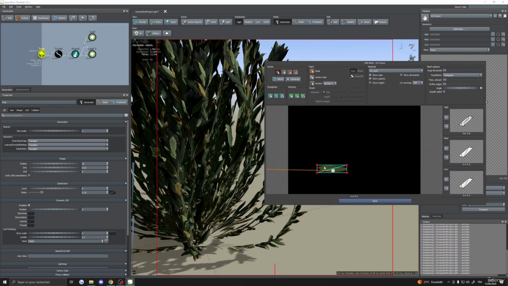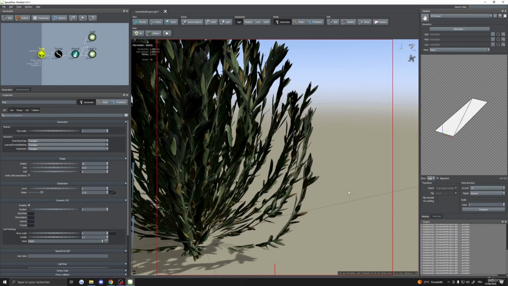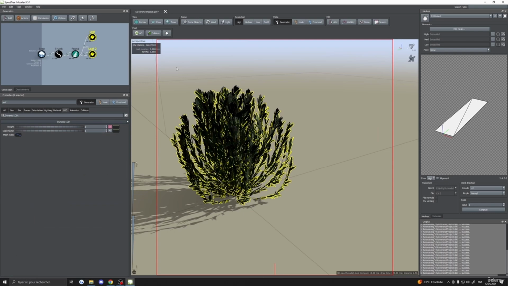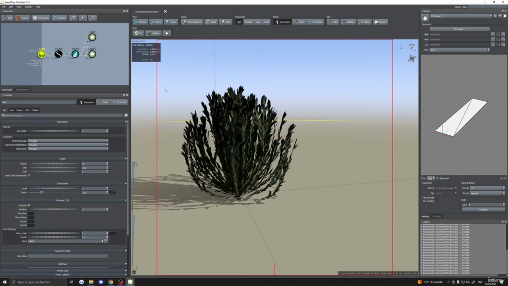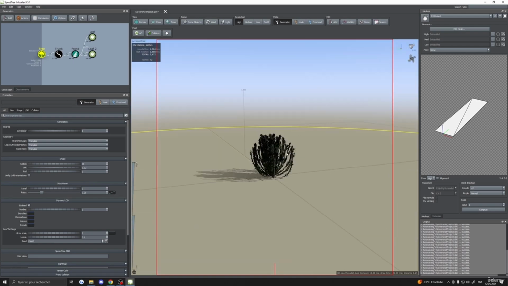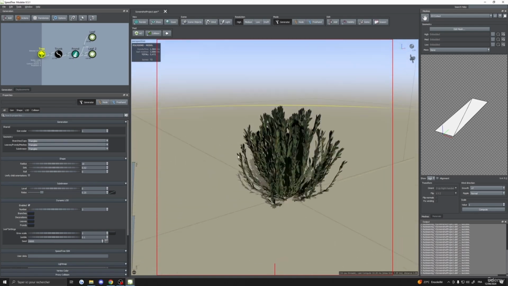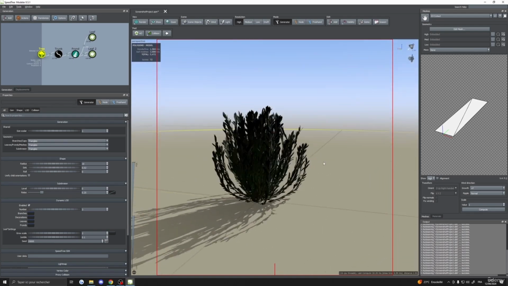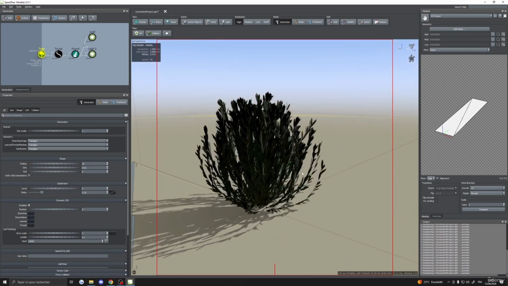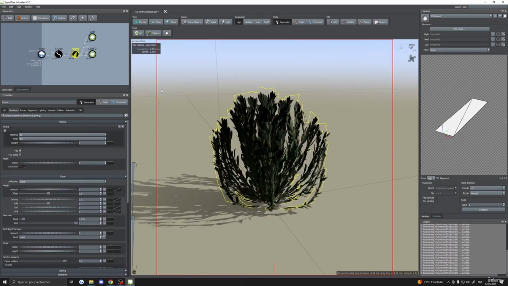I think it's better like this. So now we went back to basically 4K for all of the leaf for the first LOD. So our 0 LOD, it's at 5.4K polygon, sorry. So I think it's pretty okay. For shrub, it's maybe too high, but